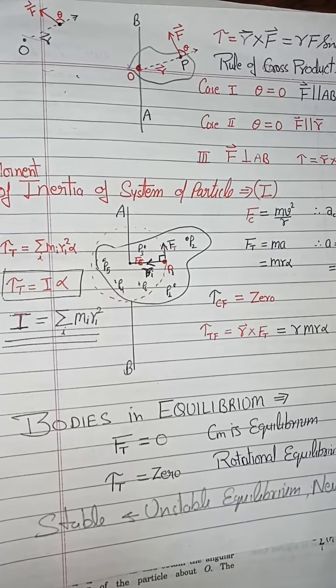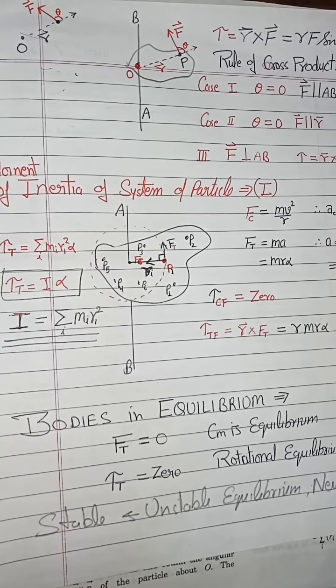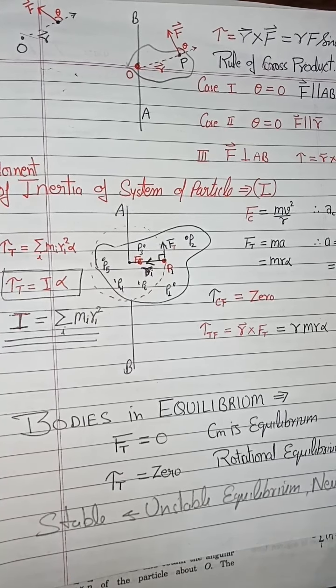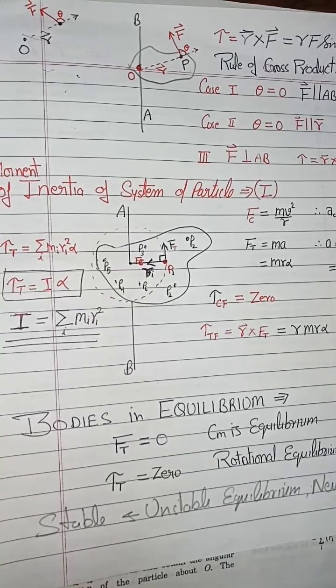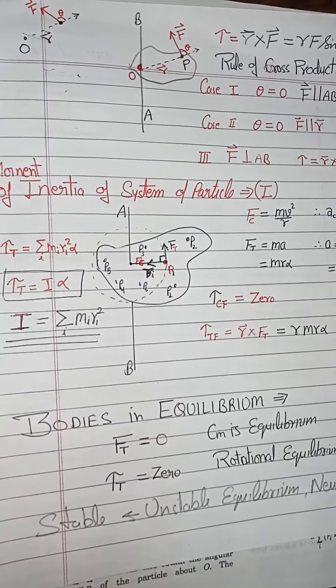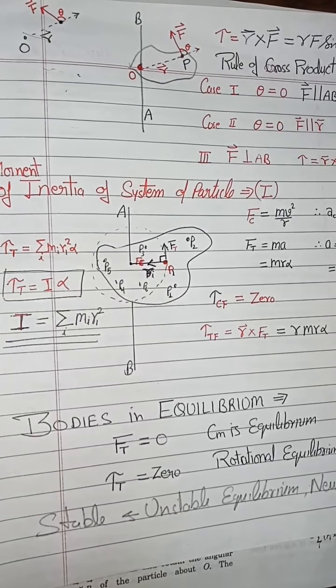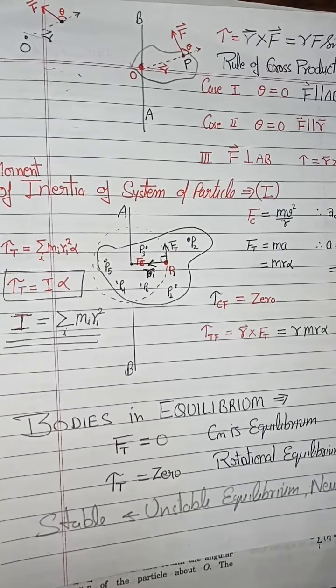This is called rotational dynamics, in which you are studying the cause of rotational motion. Yesterday I told you about rotational kinematics, and today I am telling you about rotational dynamics. See how a body gets rotated. About this I am telling you. See, what is exactly required for the rotation of an object? A torque is required. Now the question comes, what is torque? This I am explaining to you.